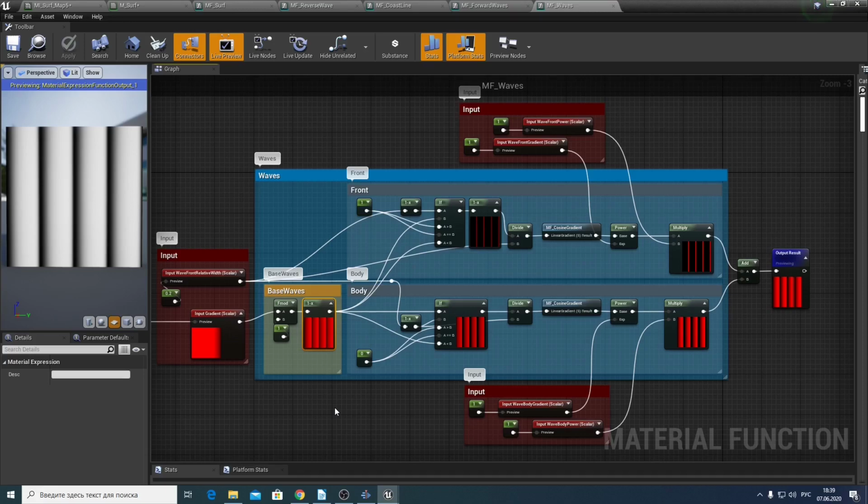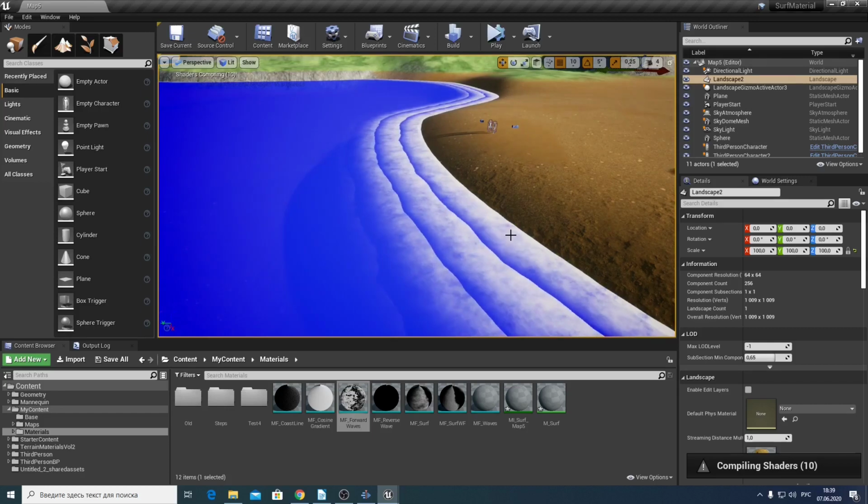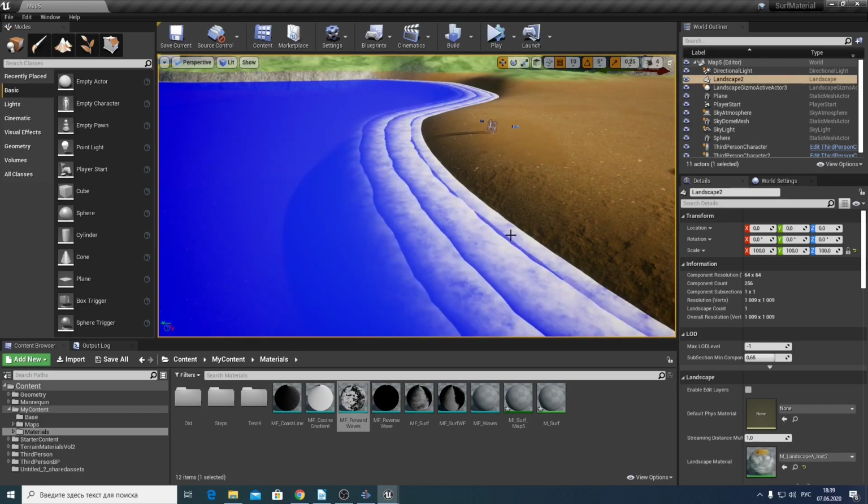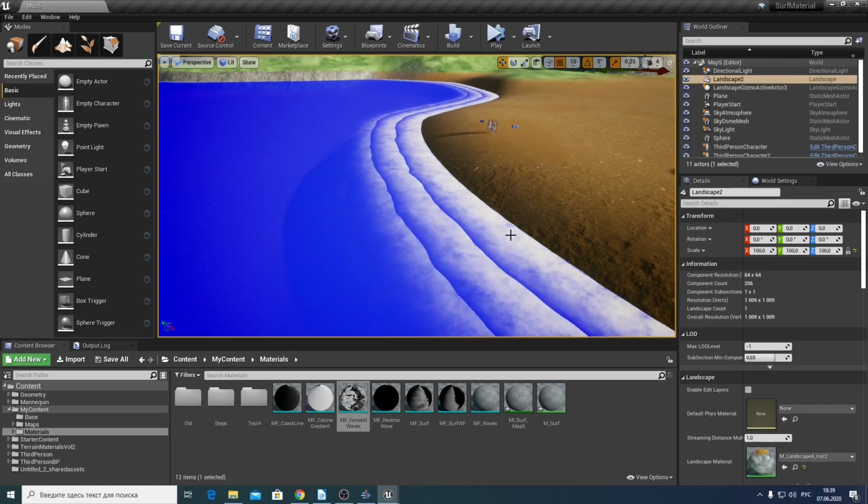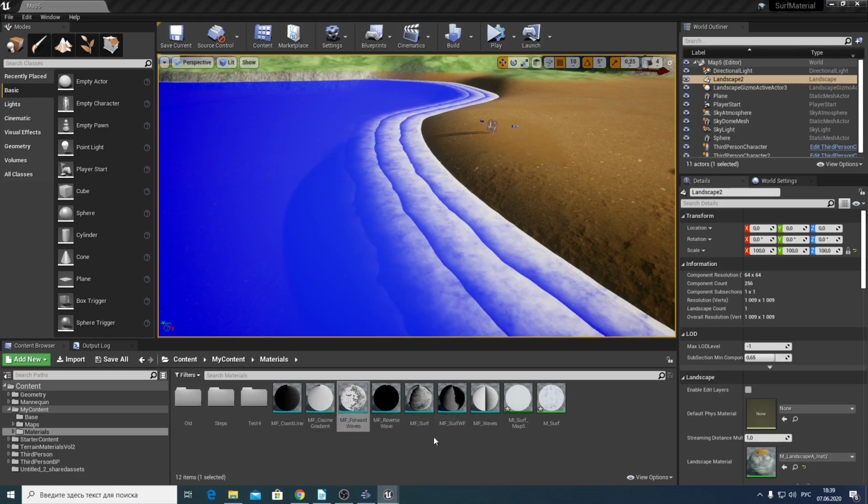In essence, it creates basic waves, if the result of this block is immediately passed to the function output. Then we get this picture. Let's put everything back in place.